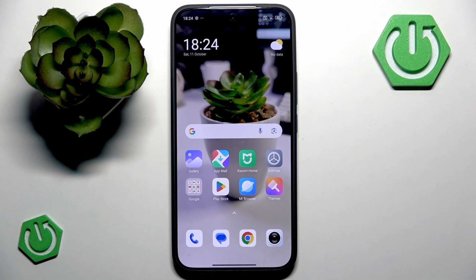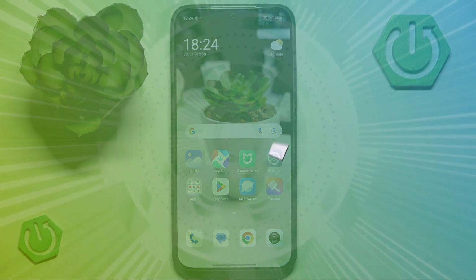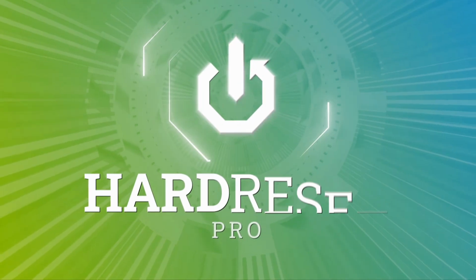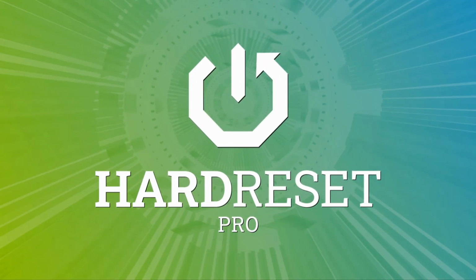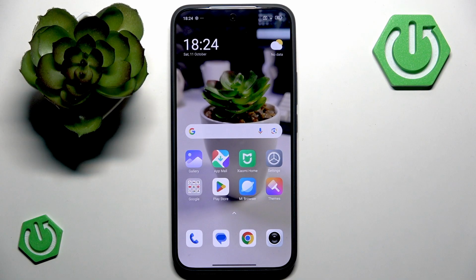In this video, I'll answer your question if your Xiaomi 15T has slow motion. So the short answer is yes, your Xiaomi 15T phone has slow motion mode, and let me show you how